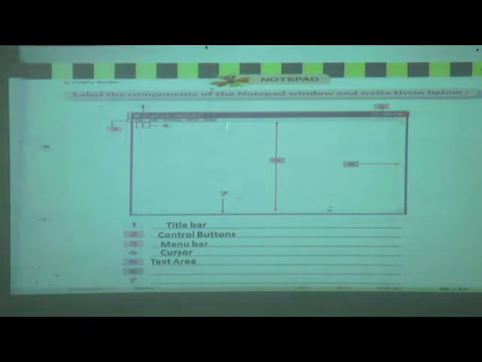Sixth number, what do you call that? Vertical scroll bar, V-E-R-T-I-C-A-L, vertical, S-C-R-O-L-L, scroll, B-A-R, vertical scroll bar.